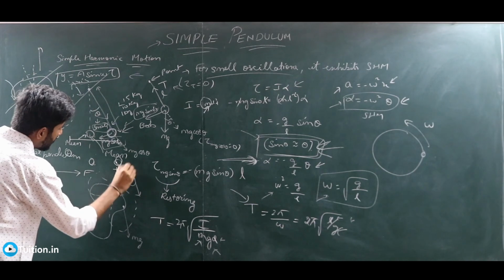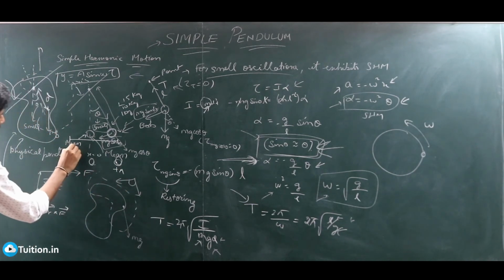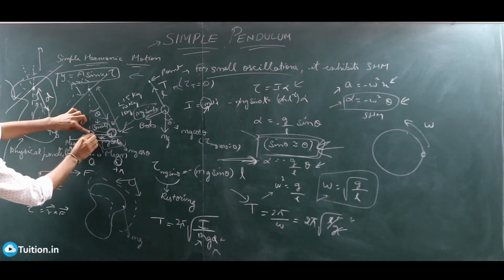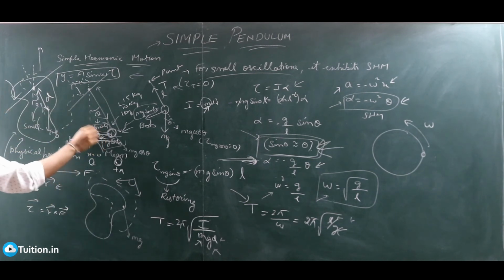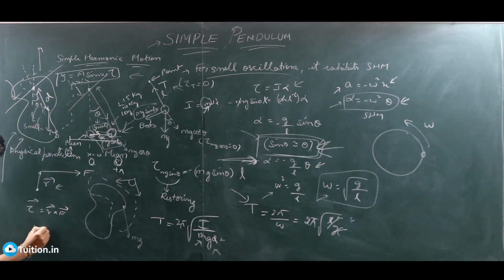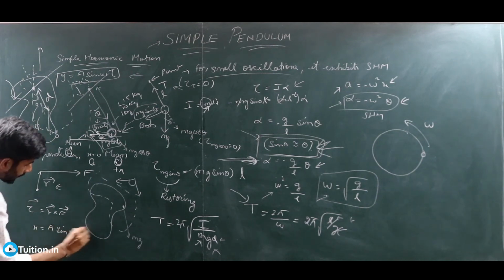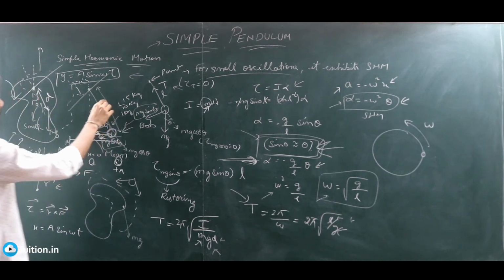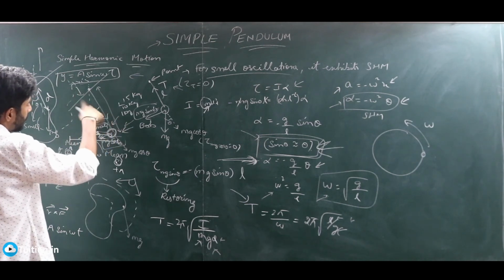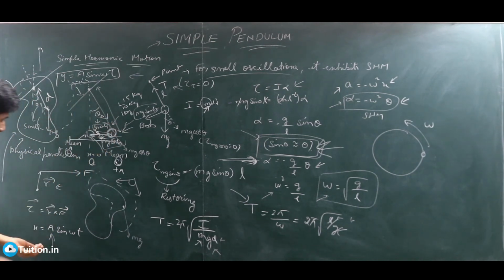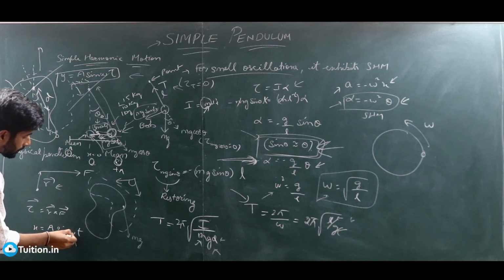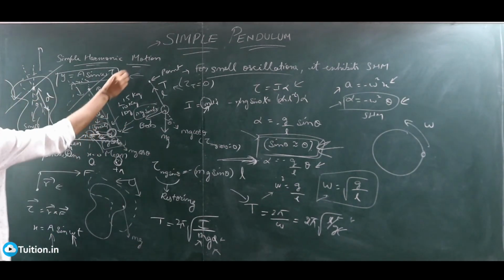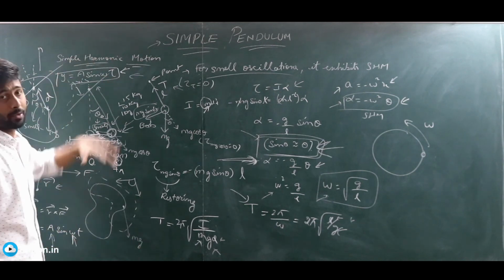And then this is called your plus a, this is your x equal to 0, this is called your minus a. So when you write the equation for this x, the displacement of the bob from this mean position, you'll get the equation as x equals a sine omega t, right? You can just verify that yourself. A can be got using this theta naught. You get the maximum value for theta and use Pythagoras theorem to get the maximum amplitude, like maximum displacement. And omega is nothing but this. You've already got it here, so you can plug that here, and that's how that motion and this simple harmonic motion equation are similar to each other.